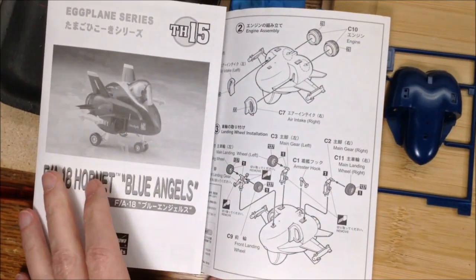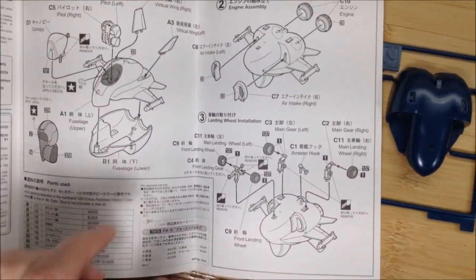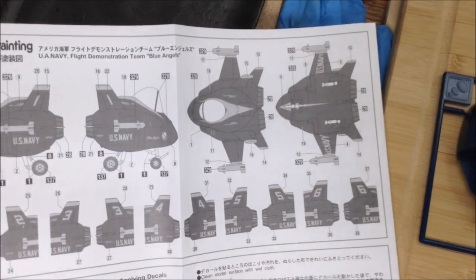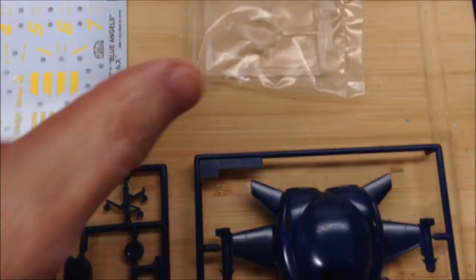Okay, so this is what you get in the kit. Instructions here are pretty simple. It's a pretty basic build. Challenge is in the decals. Gives you all these locations for them. Here's the decal sheet. You got your clear canopy